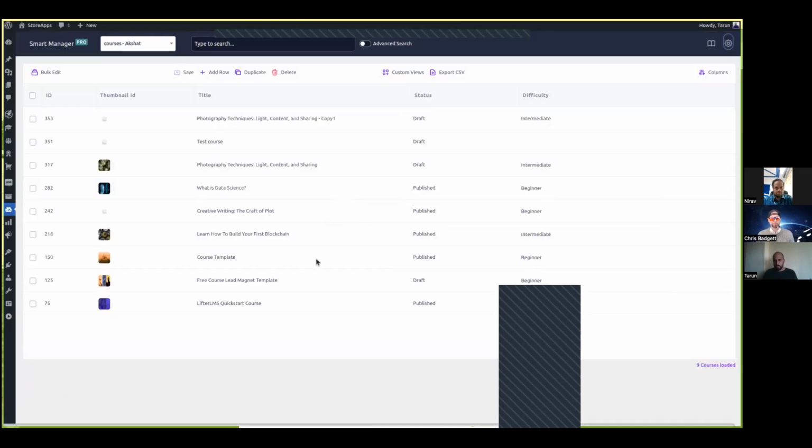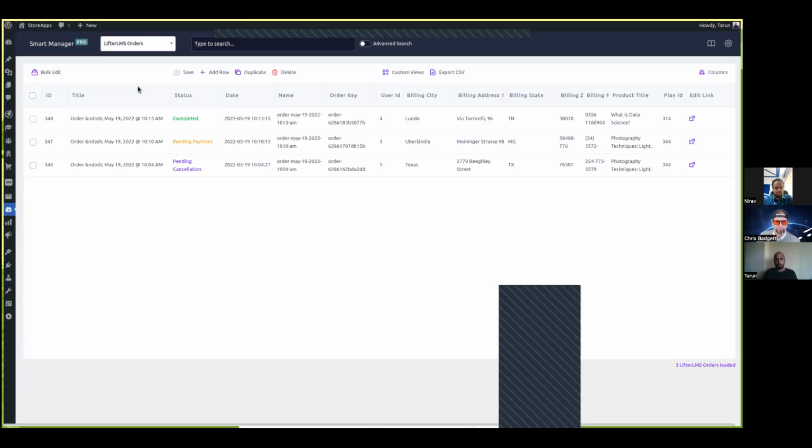Similarly, once you have saved this view, the next part is if I need to export some data. Why is export needed? Let's say I need to have a list of all the orders that are there, right? So I'll just move to the orders view that is there in LifterLMS, right? I've just placed some sample orders here, okay? And here it will show you the order statuses also in a beautifully colored pattern, wherein it will highlight, okay, this is my completed payment, this is my pending payment. These are some sample orders that I've created.